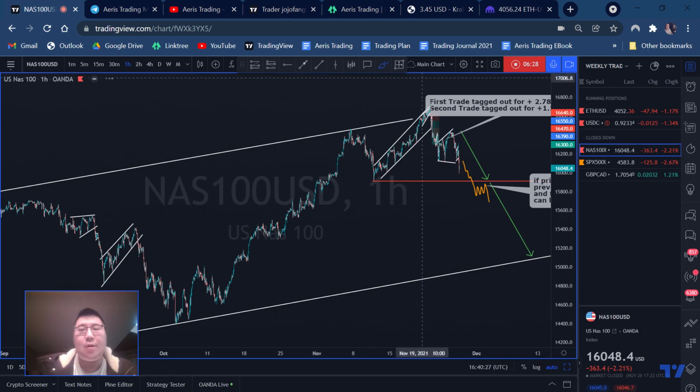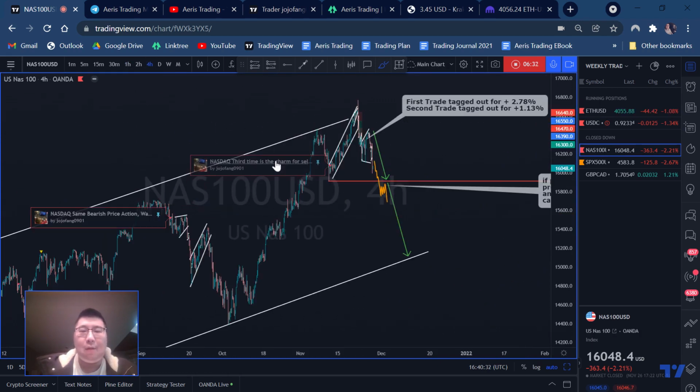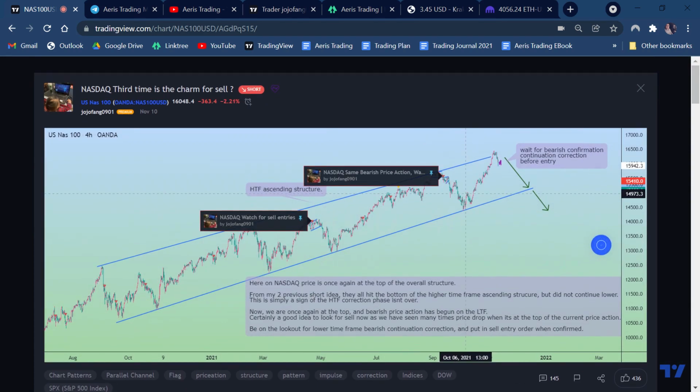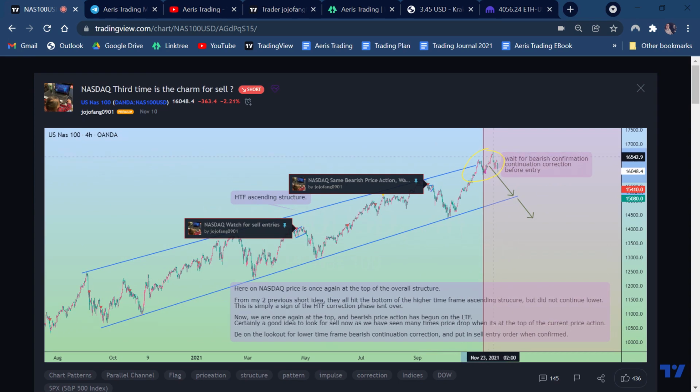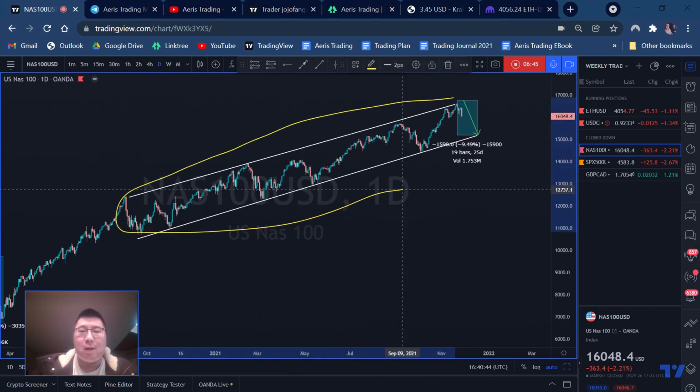Three positions closed down from this week as well. NASDAQ here. So NASDAQ, we've been talking about the possible sell for many, many times already. And finally, we're getting that push down for the price that we're looking for at the top of the overall structure. So we talk about, for the higher time frame here,